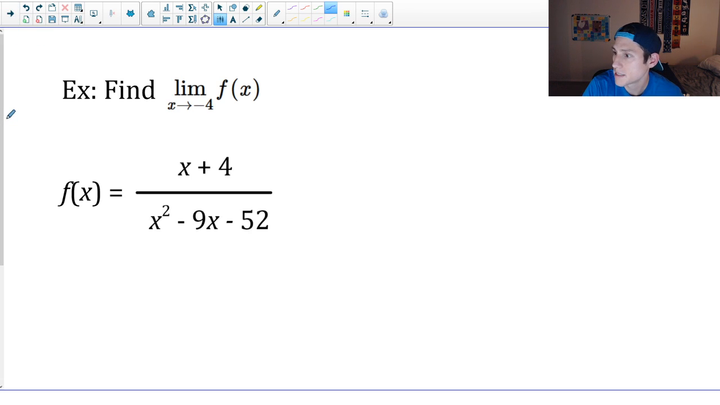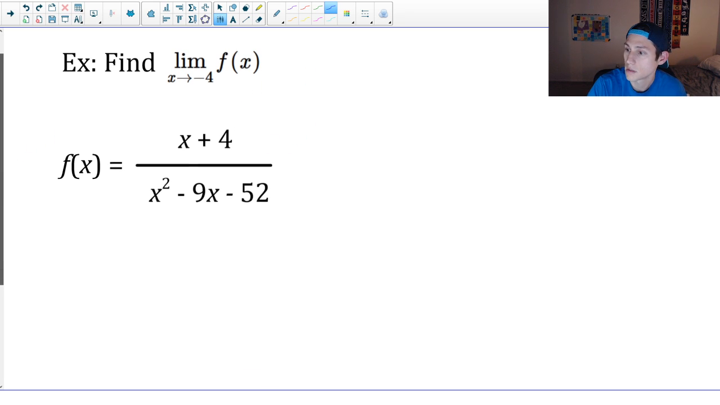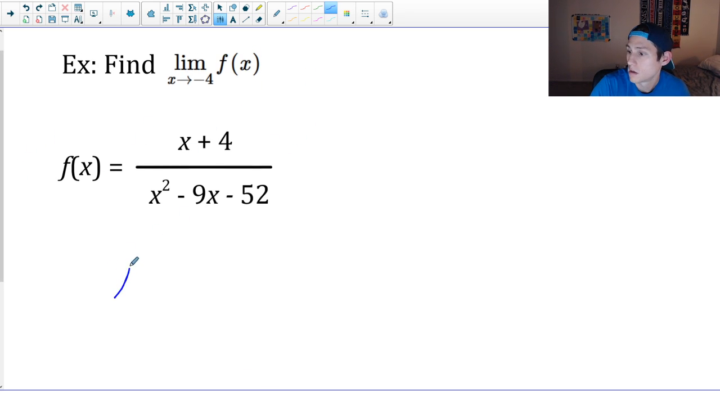Okay, either way. So let's do some basic examples. So find the limit as x approaches -4 of f of x. So here's f. So the limit,